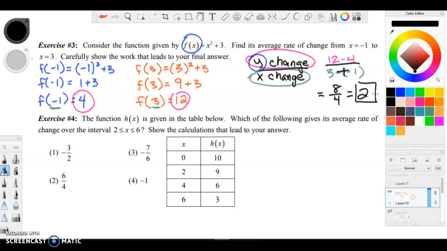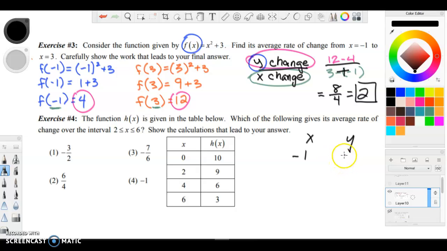Okay, so our average rate of change is 2. As we look at this problem, it went from 4 to 12 by going up 2 every time we change this. What this means is that if I built a table, and you don't need to write this because I'm going to erase it eventually, but if I had a table with x and then y, and it started at -1,